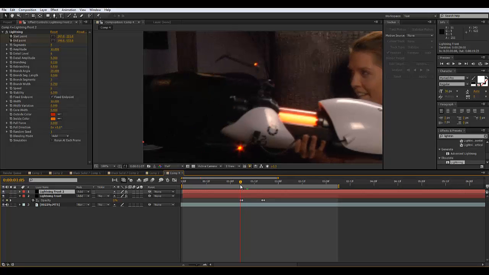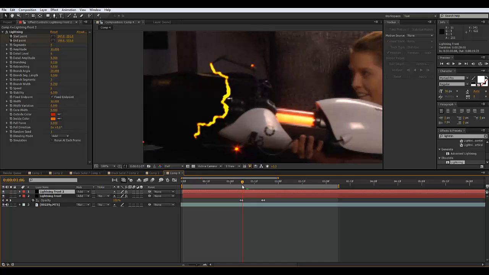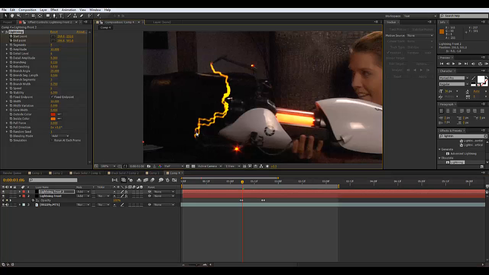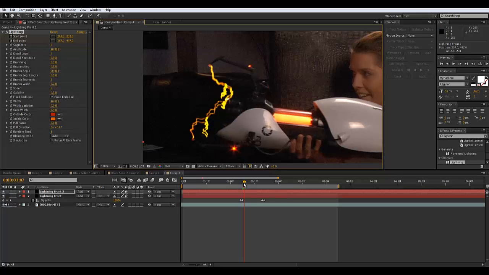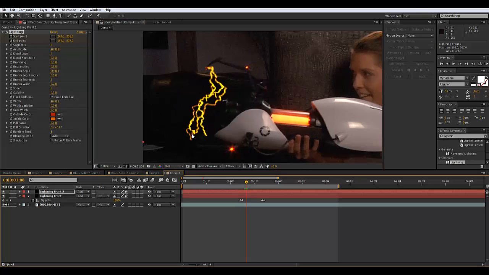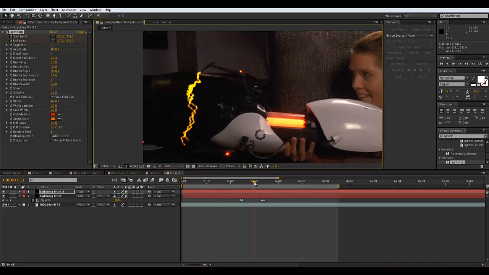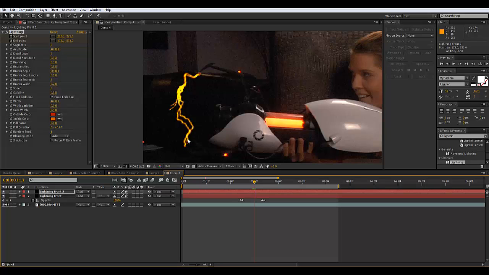Now we're going to go down to that first frame where it shows up, and since we already have our start point, we're just going to change our end point on this layer to this back layer. So we'll select this end point right here and move that to the back. That way it shows a little bit of depth. And we'll go one frame forward and do the same thing on each one of these. We'll just move it back to this other layer. That way it shows that depth, that there are two points that it is connecting with. And do this all the way until you get